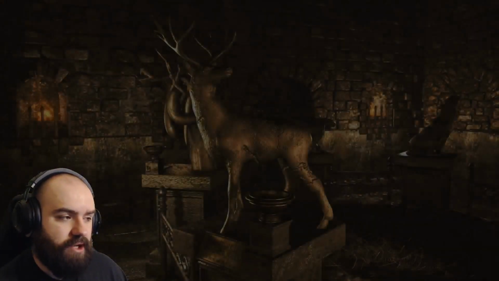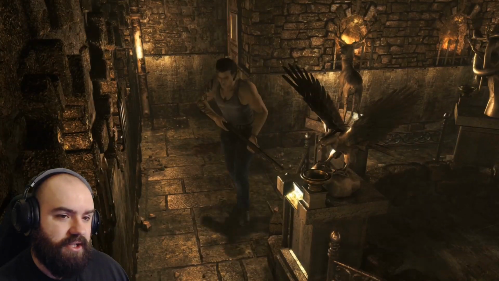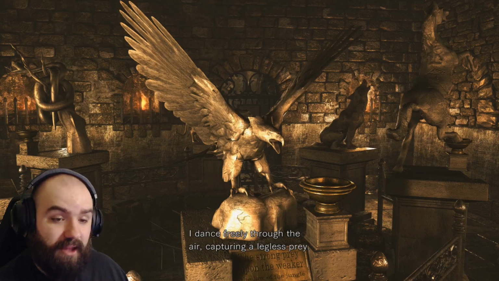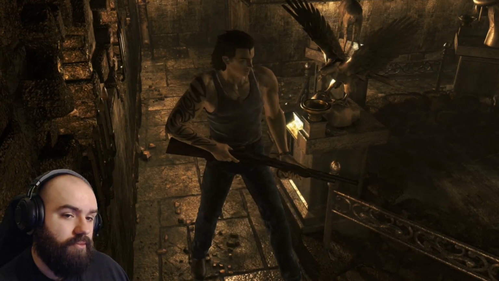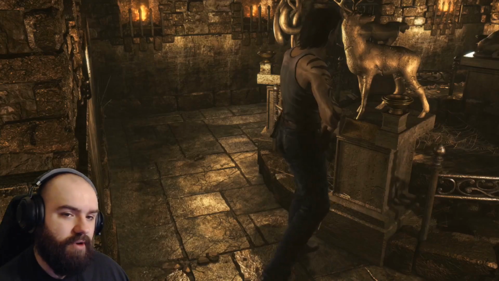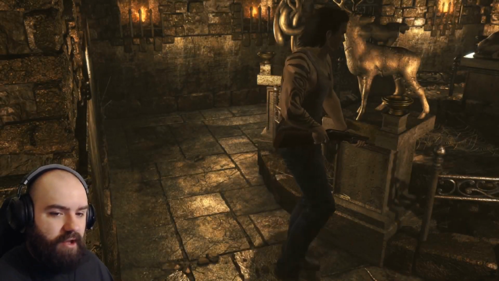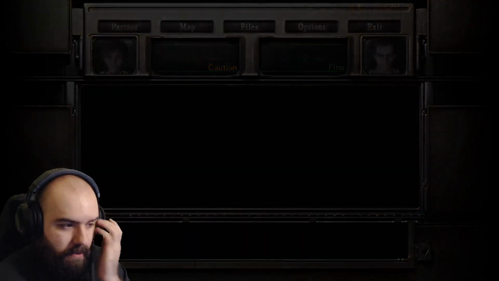So that kind of throws a wrench into my mentality, because the deer could be the king that could get poisoned, right? I dance freely, capturing a legless prey. I feel pretty confident in the order that I chose, but apparently it's not right. So what I'm thinking is, every other matchup makes sense, but if the snake can be sneaky...